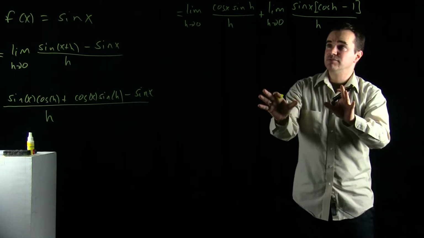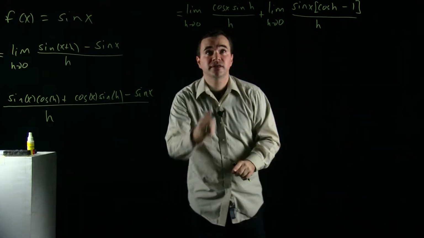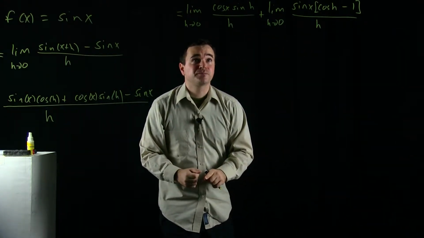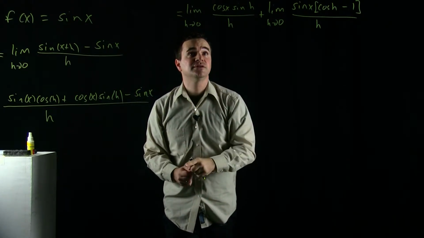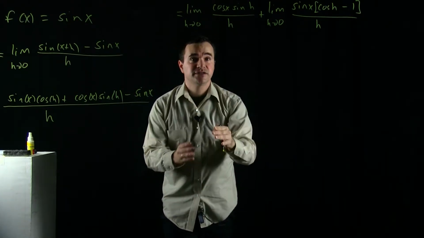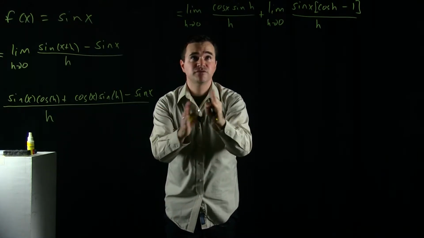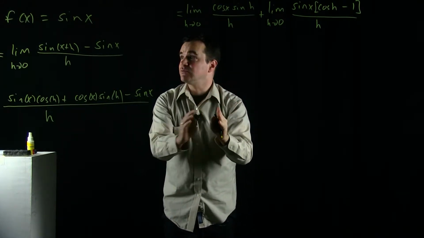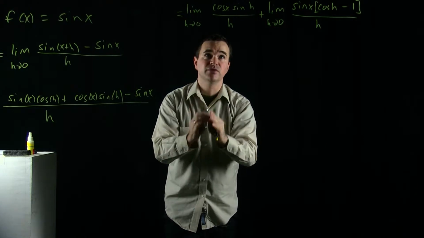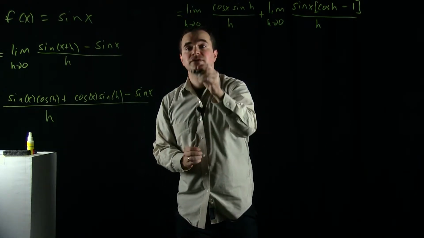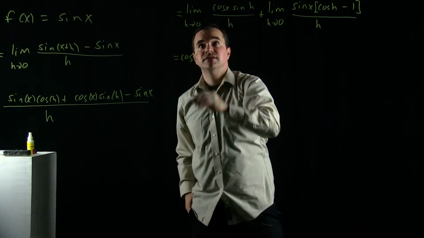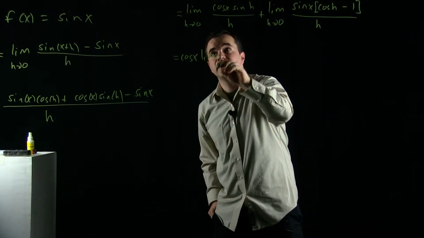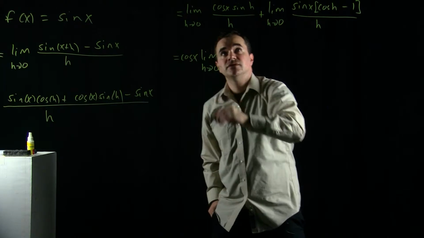And so let's calculate both of these limits. So first, let's calculate this limit up here. So if you remember, we've got variable h going to 0. Cosine x is therefore a fixed constant. As h moves around, x stays constant. We're taking the derivative at the fixed number x. So we can pull that cosine of x to the outside. That's the constant multiple rule. Cosine of x times limit as h goes to 0